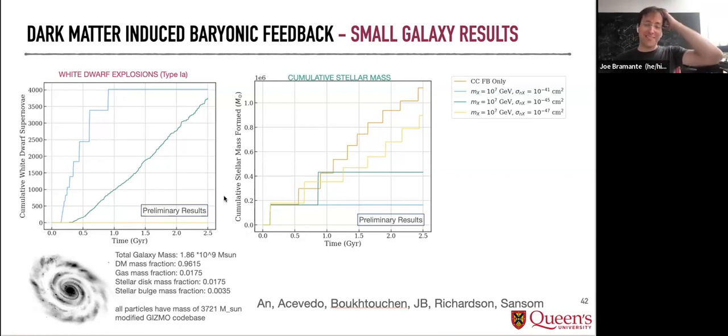But a lot of nonlinearities that we didn't even quite think about when we started out actually creep in, because what we found is that for reasonable dark matter parameters, you actually can even affect the amount of stellar mass formed by blowing out so much gas that,